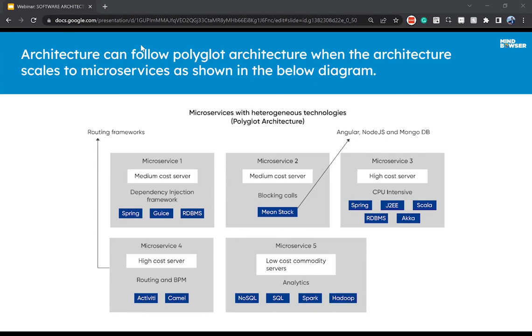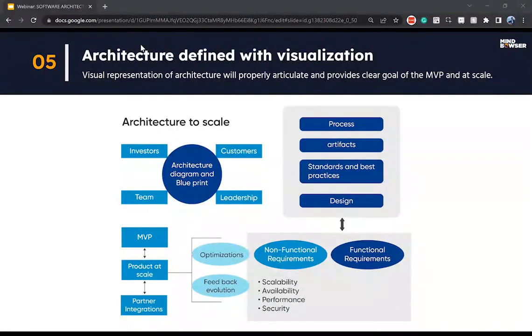Correct. Exactly. I was asking the same question because managing people with different skill sets is again a challenge, right? But of course, if the need is there and you have data-centric operations, Python is always good for anything related to data, because it has huge library support. And Node.js is also what you mentioned. Of course, it depends on the use cases. Let's move to the next slide.